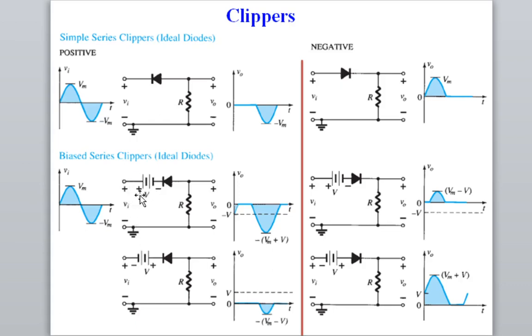If you see this plus minus and the diode is there, it will clip the positive portion, but the clipped output voltage will be greater than the input negative voltage of the input signal. So it is clipping the positive portion, and obviously we know the transition voltage. This is the transition voltage. So this is the positive clipper with biased series clipper, and if you just change the polarity of the battery bias, then you see how the output voltage reduces.